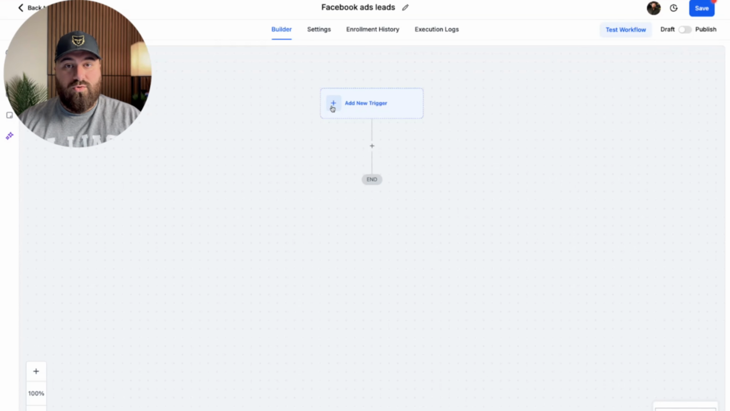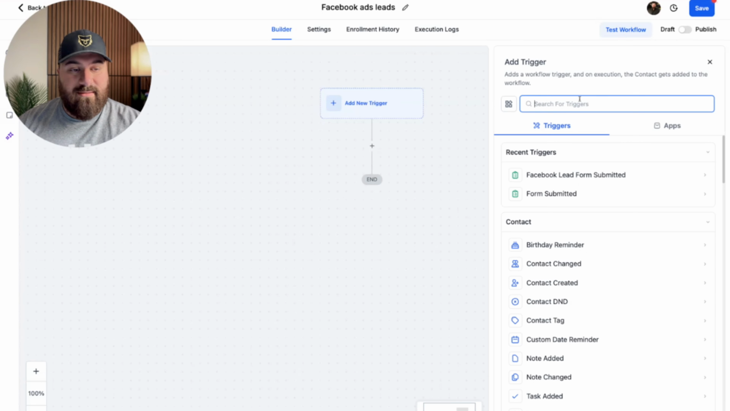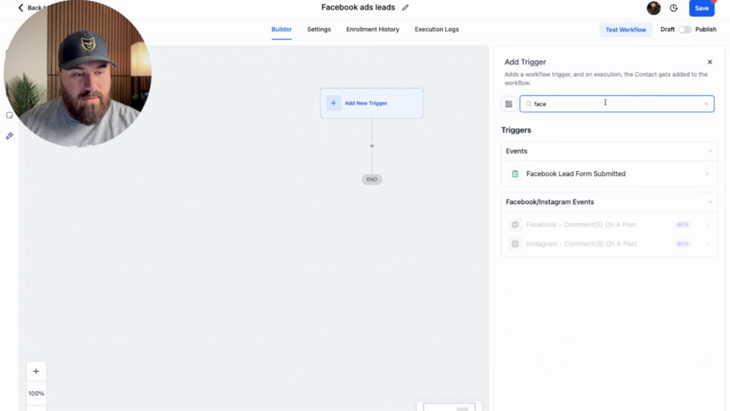How does a workflow usually work? Well, everything starts with a trigger. So how does anything happen? Why did that person end up in your CRM? Why did anything happen? Well, it's because something triggered. So in that situation, let's say what triggers the whole automation is the fact that someone submitted a form on